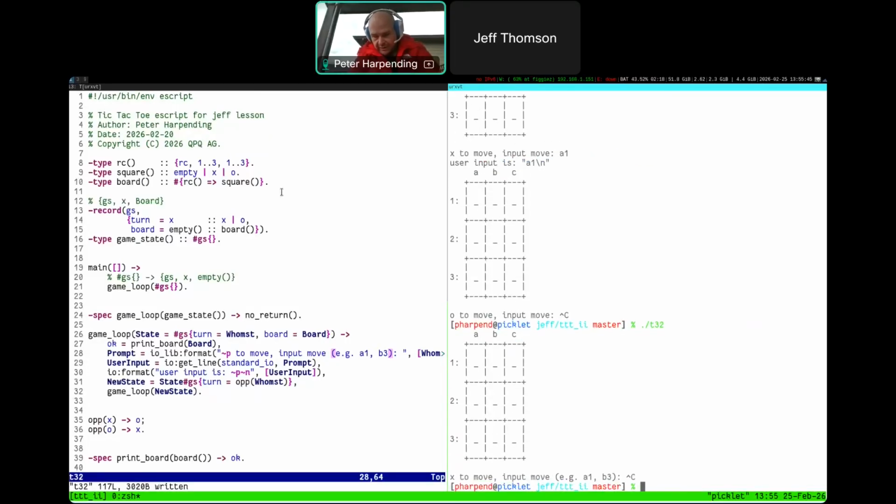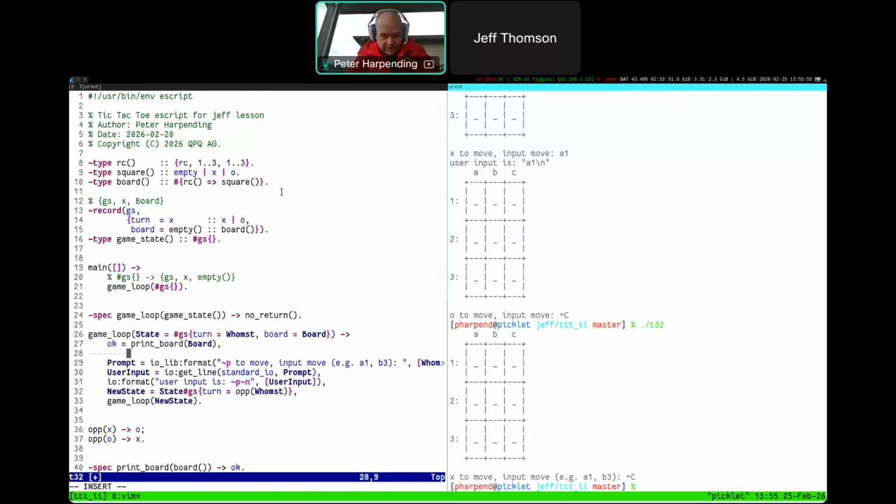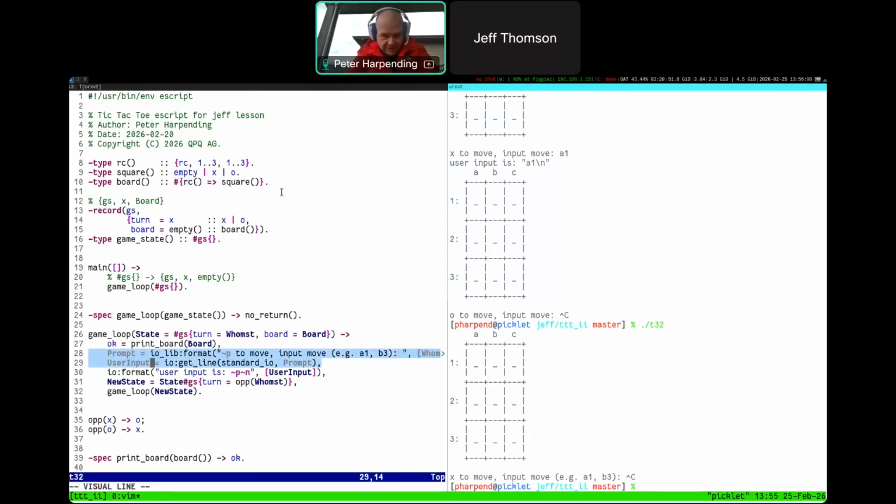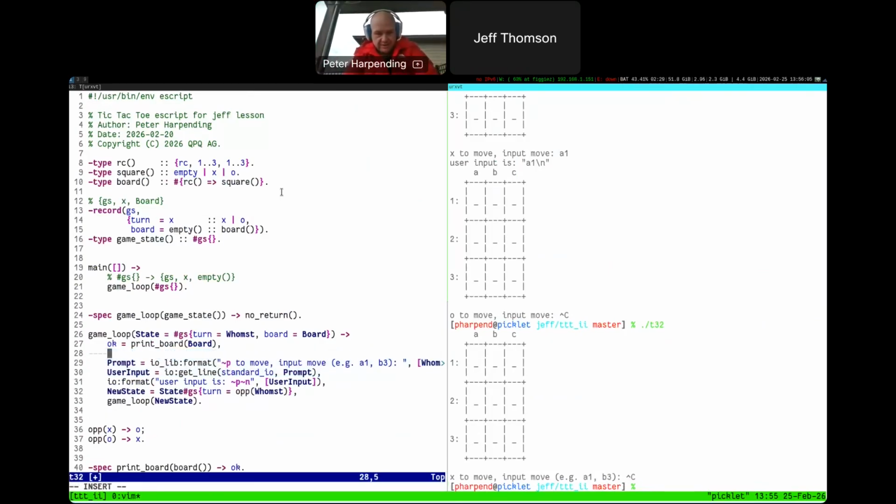Okay, cool. Okay, so input to move. Okay, cool. So prompt. So I'm going to actually, you see how here I'm just putting the user input inside the game loop, and for you, I had it putting that inside. So game loop. So move user input, and for now, okay,